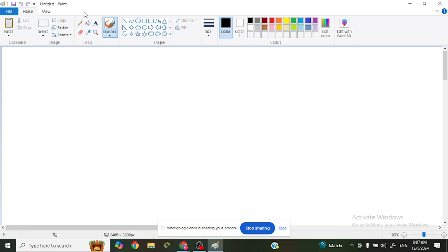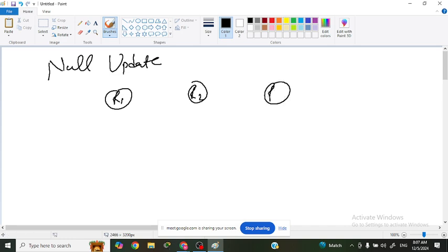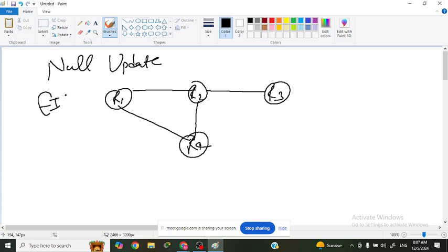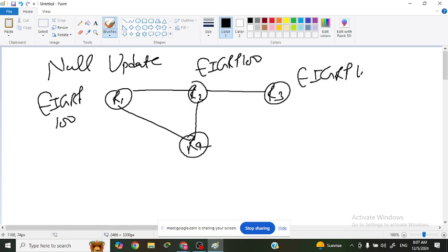So the last one is the null update. Let's suppose this topology: R1, R2, R3, R4. They are connected with each other, and let's suppose they are neighbors to each other. EIGRP 100 is running here, EIGRP 100 is running here, EIGRP 100 is running here, EIGRP 100 is running here. Okay guys,